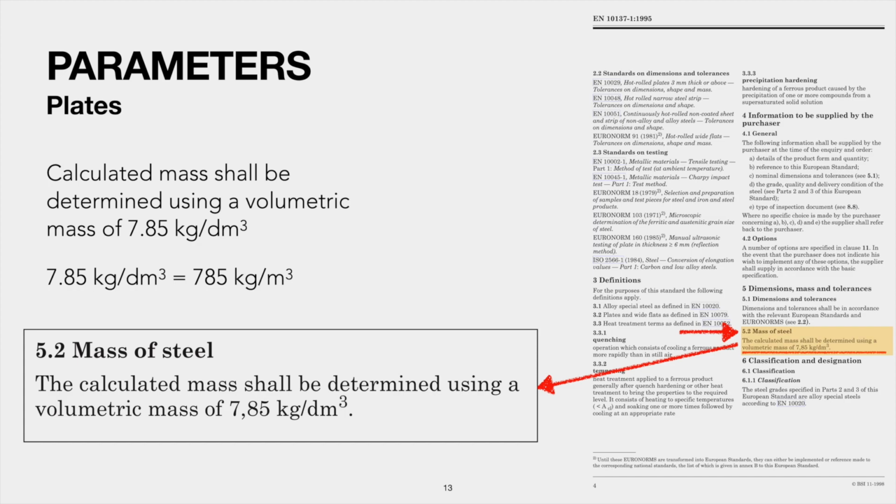BS EN 10137-1, 1995 defines the density of steel plates and will be used to calculate its weight. You can clarify this by further referring to subclause 5.2 on page 4 of